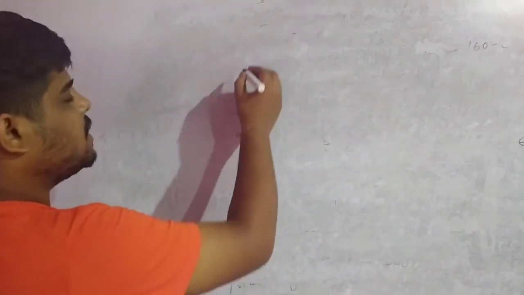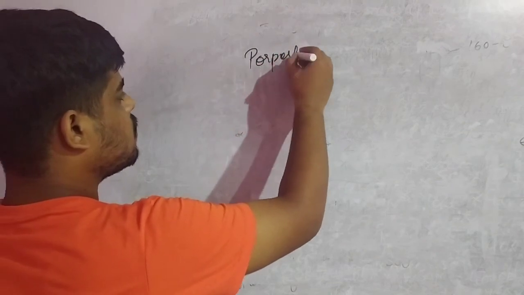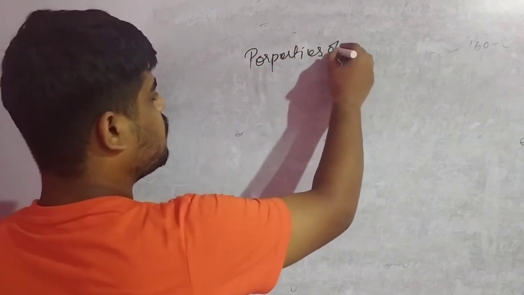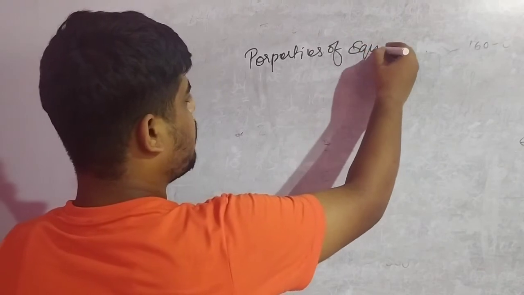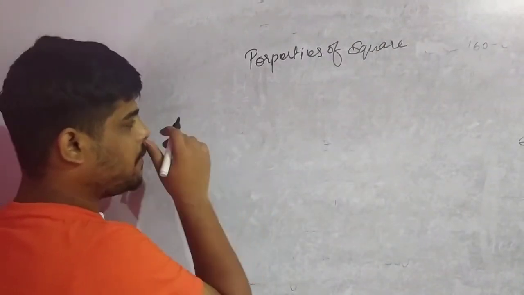Hello students, in the previous video we started a new chapter, squares and square roots. ठीक है, तो हमने पढ़ा था the properties of square and square root, properties of square. ठीक है, हमने पढ़ा था the first property is